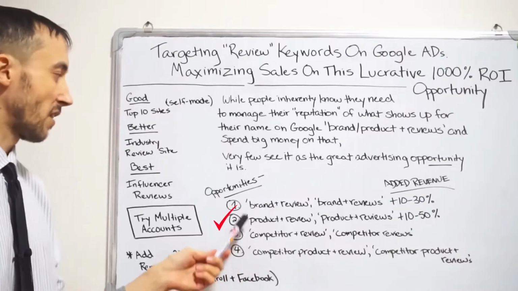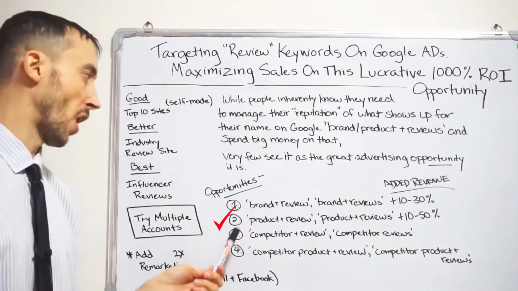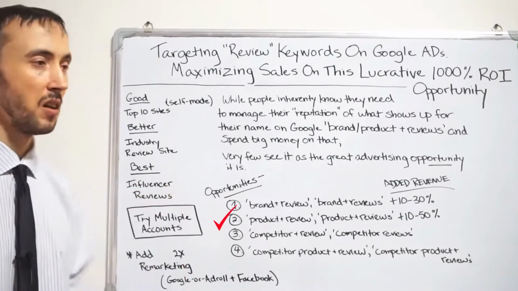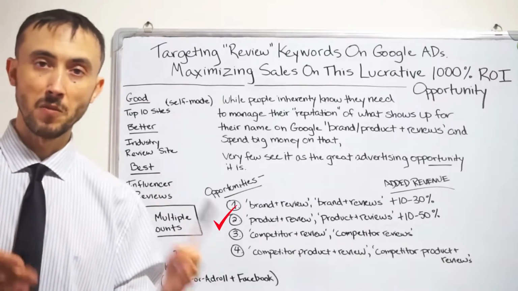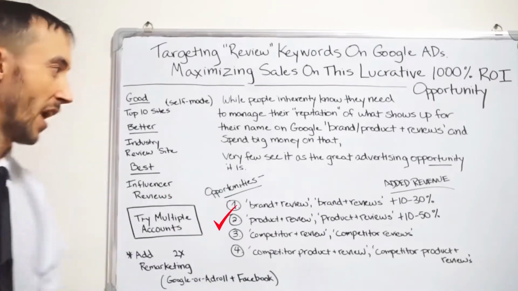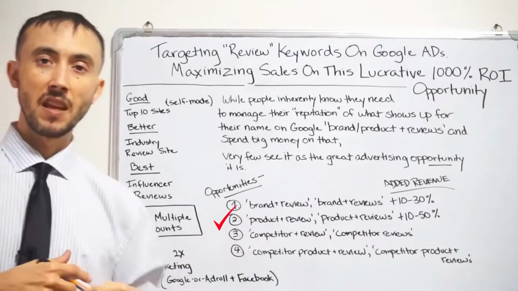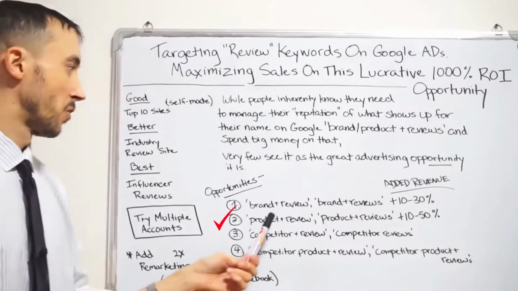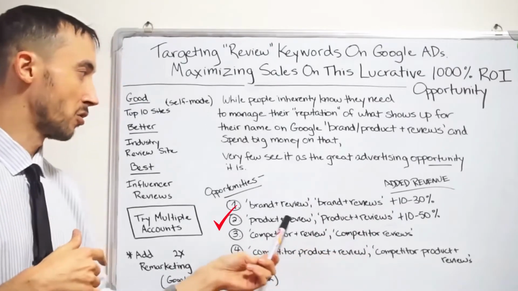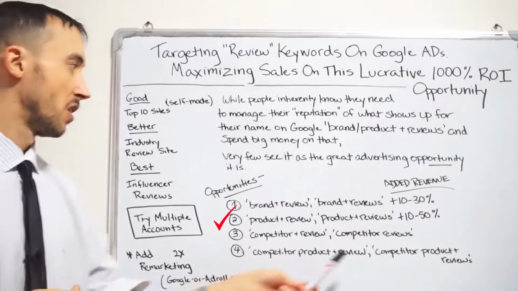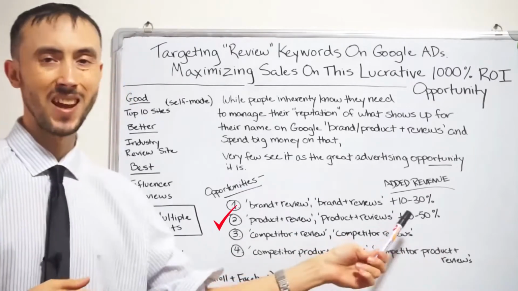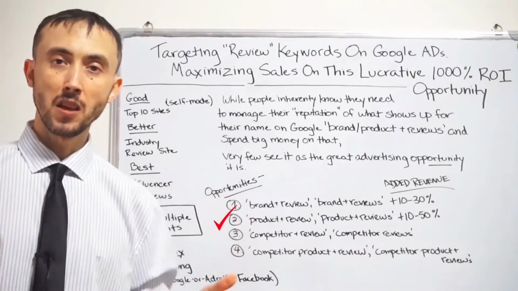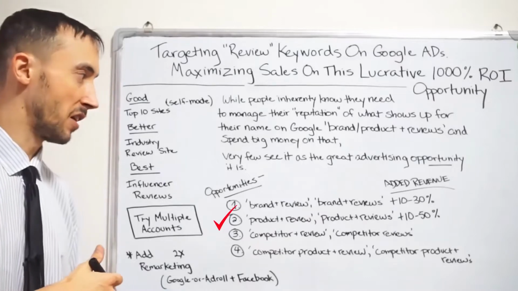If you add on to that the second one here, which is if somebody types in your product name plus review, and you have to do it for each product for this to effectively work, or the name of the service if you coin a specific name for each service you have, and given that it's unique enough, and not the same name as a million other products out there, you show up on Google each time someone does that in your market. You can add another 10 to 50% on top of this 10 to 30% I mentioned already. So there's a bunch more volume you can get from all your other traffic sources doing this.